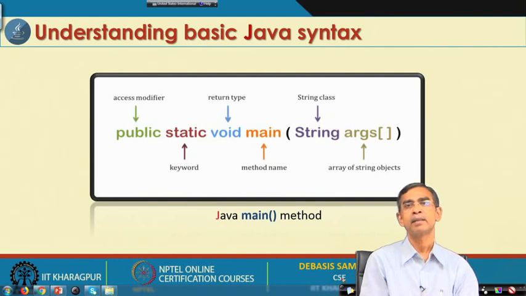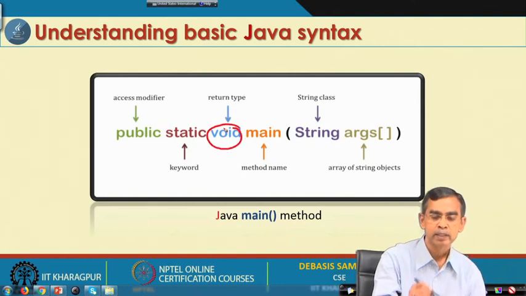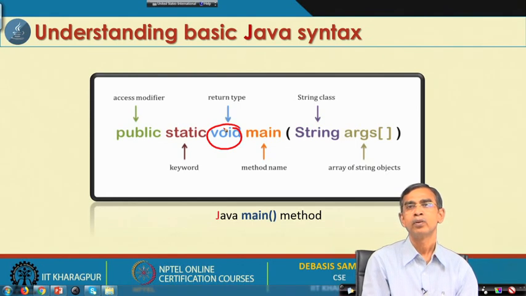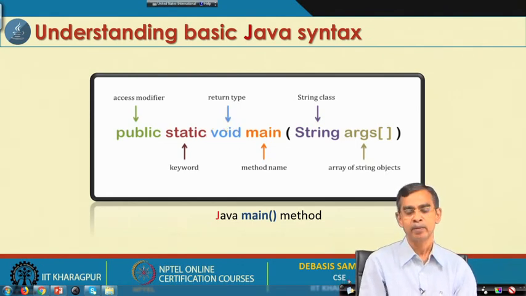In this case, the main method does not return anything, because the main method is not called by anyone other than the Java runtime environment itself. So, the main method is not responsible for returning anything to its caller. That is why it is void. Always this keyword should be specified as void, the return type, meaning it should not return anything.